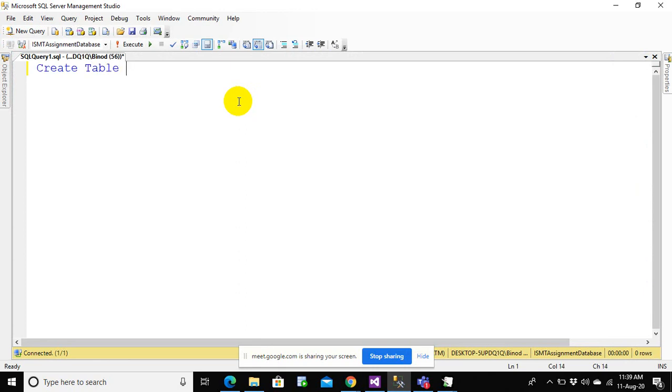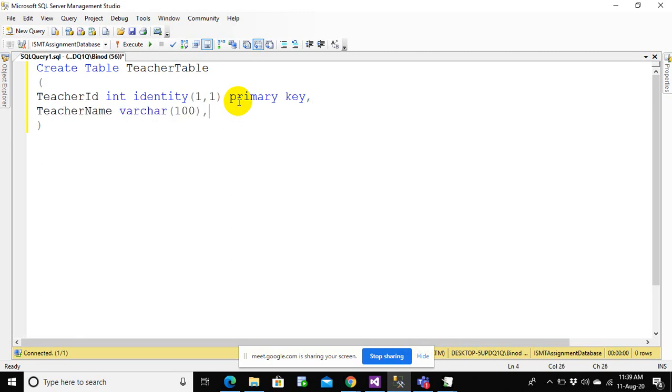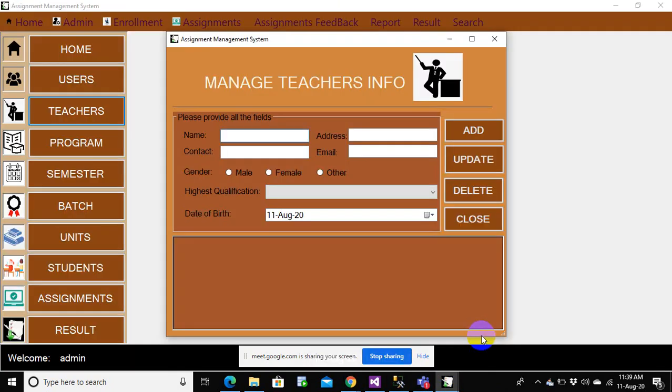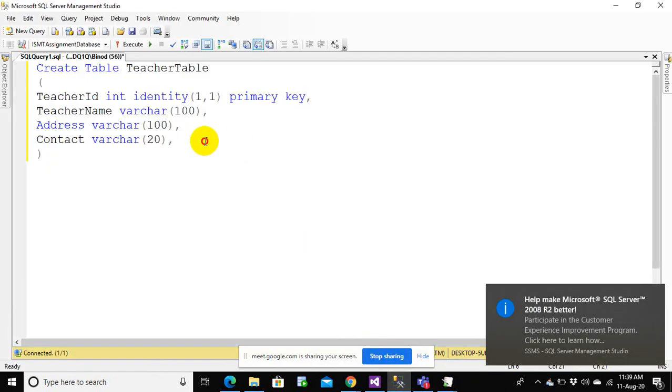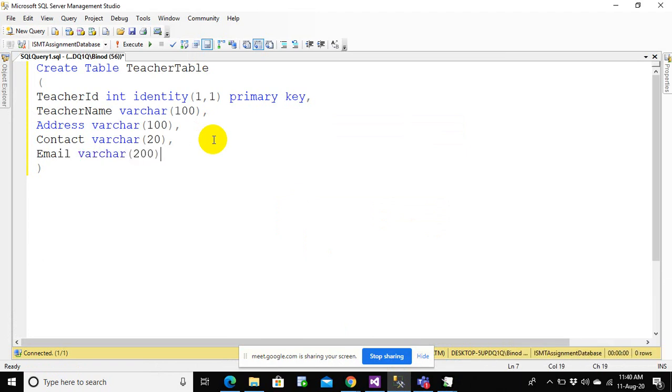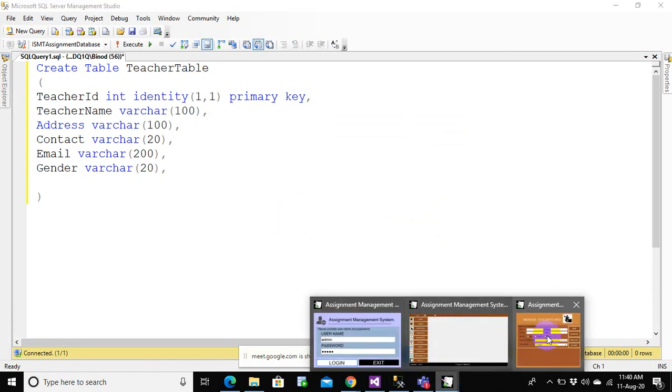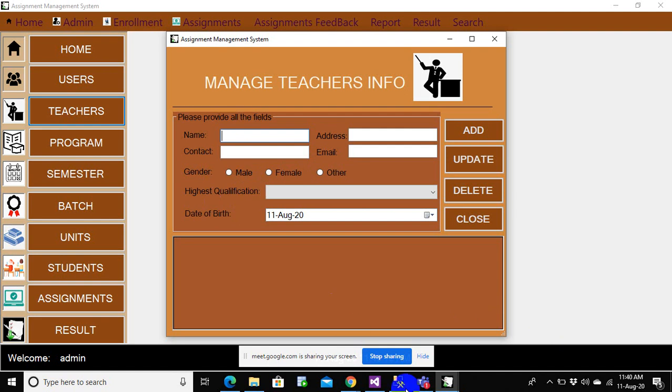Create table teacher table. One of the things I should have is the teacher ID, integer identity 1,1, primary key, and then a teacher name varchar 100, address, contact, email, gender, highest qualification, and date of birth.